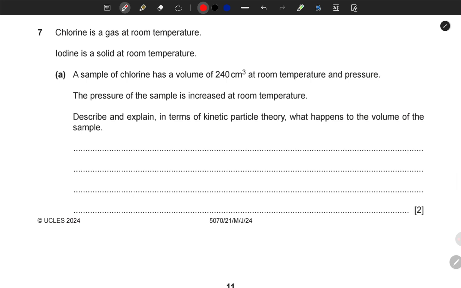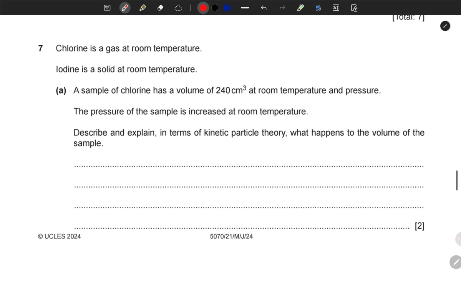Now in today's video we are going to look at chemistry. It's talking about chlorine being a gas at room temperature, and iodine being a solid at room temperature. A sample of chlorine has a volume of 240 cubic centimeters at room temperature and pressure. The pressure of the sample is increased at room temperature. As you can see, describe and explain in terms of the kinetic particle theory what happens to the volume of